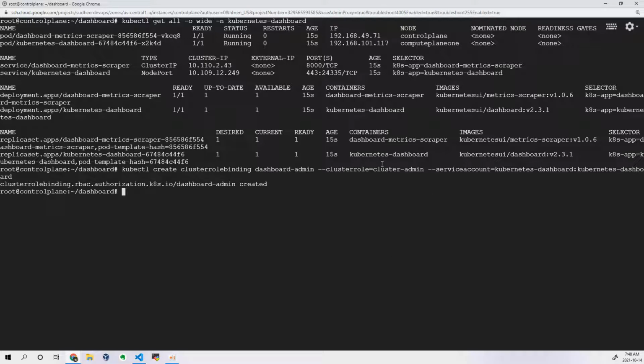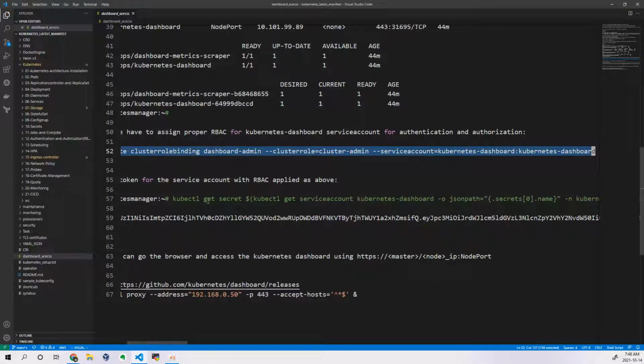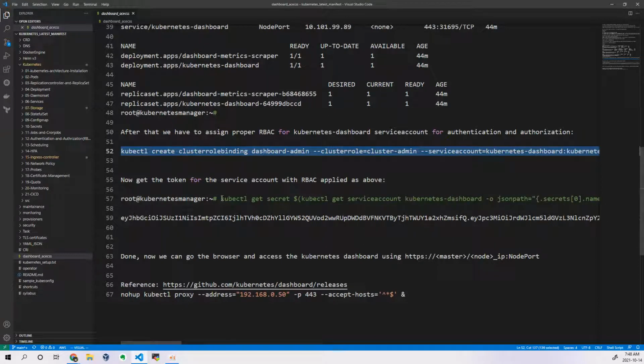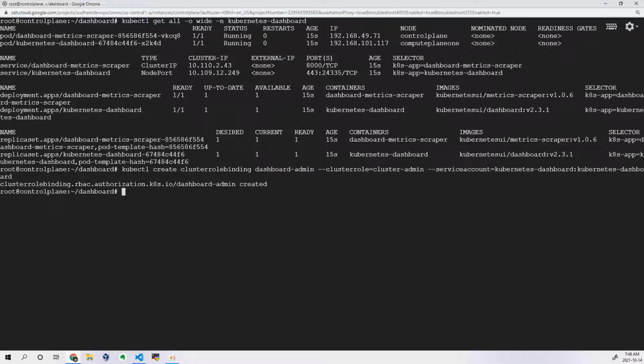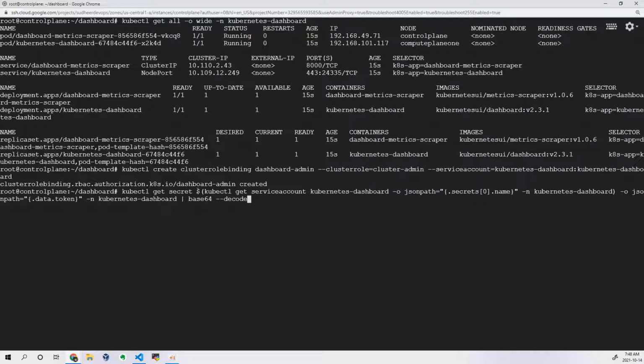Once this particular role is applied, I need to fetch my token. So let us see how to fetch that token. This is a simple shortcut command to fetch it. Just copy this and utilize it. What this command is doing is kubectl get secret.